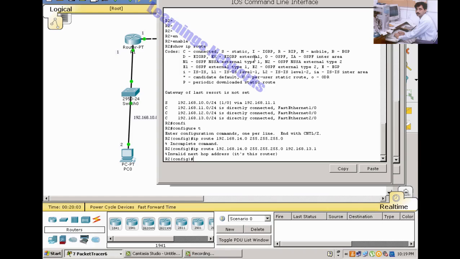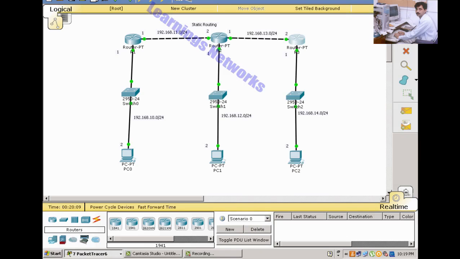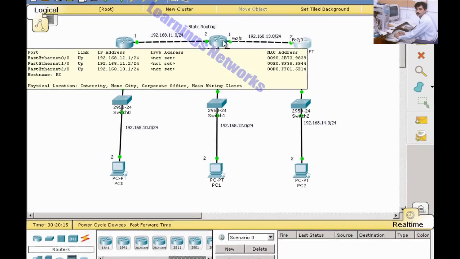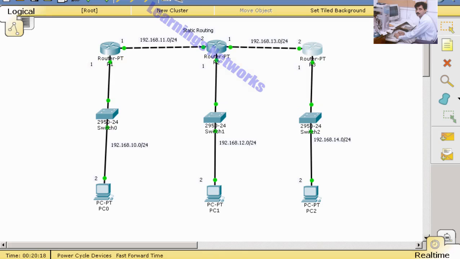So we check our network. 12.1. Now we try again.